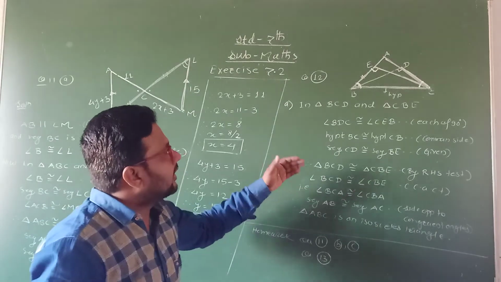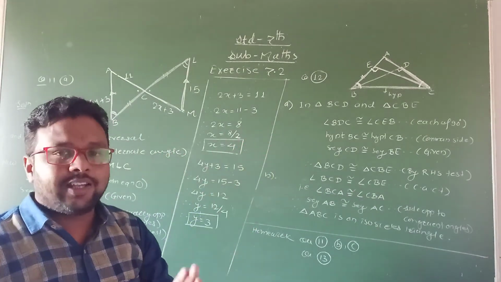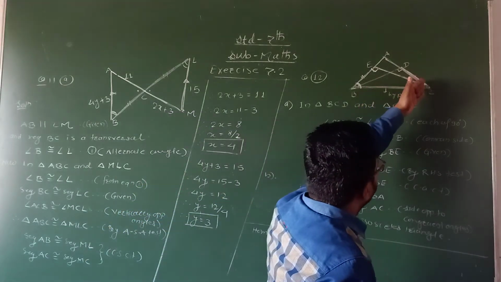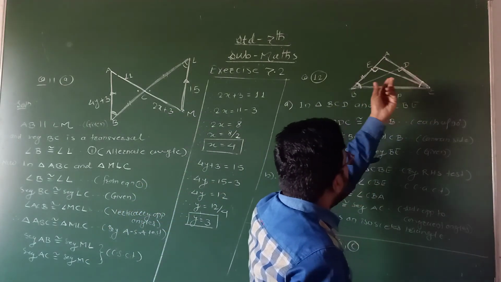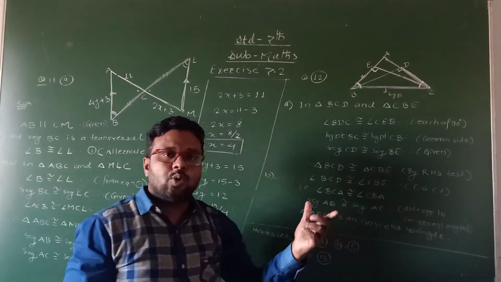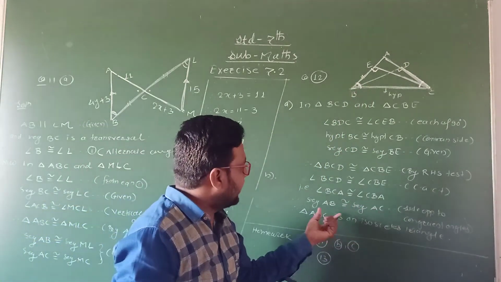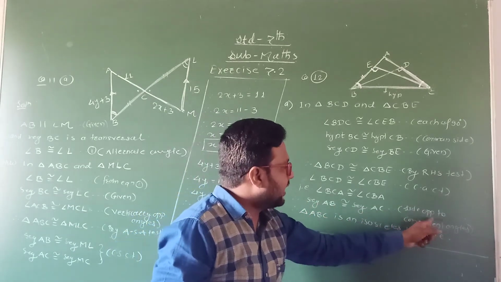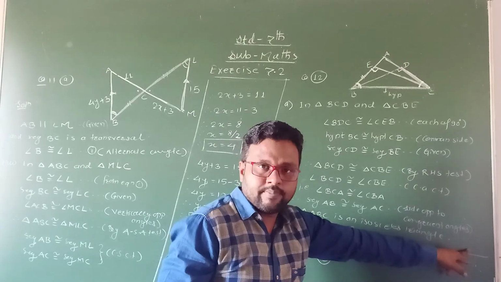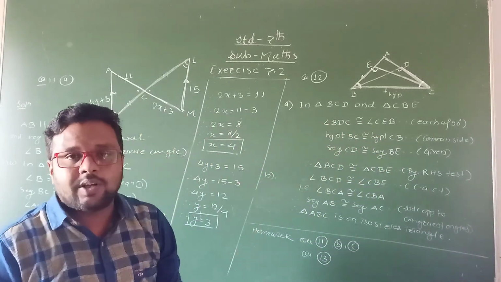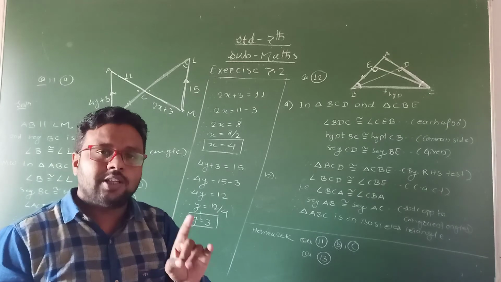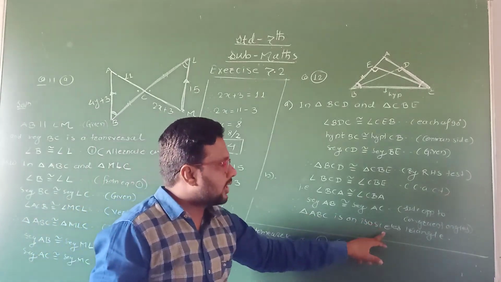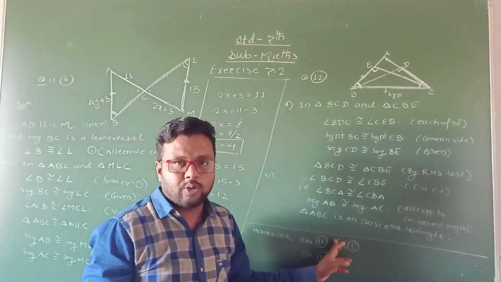So we know that the sides opposite to congruent angles are equal. Therefore here I write segment AB. This is the side opposite to angle C. And AC is the side opposite to angle B. These are the sides opposite to congruent angles, so they are congruent. Therefore we write segment AB is congruent to segment AC, sides opposite to congruent angles. Okay. If two sides are equal in the triangle, then that triangle is an isosceles triangle. This is the answer. Therefore triangle ABC is an isosceles triangle. This is the second part of the question.